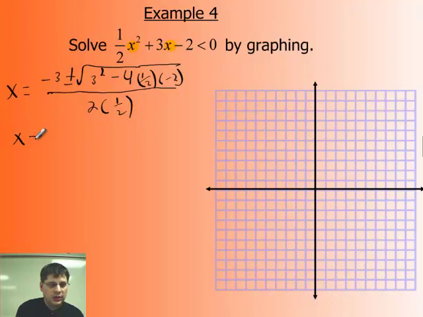So let's start working that out. -3 plus or minus the square root of 9 minus, and that's actually going to be plus, 2, 4, plus 4,